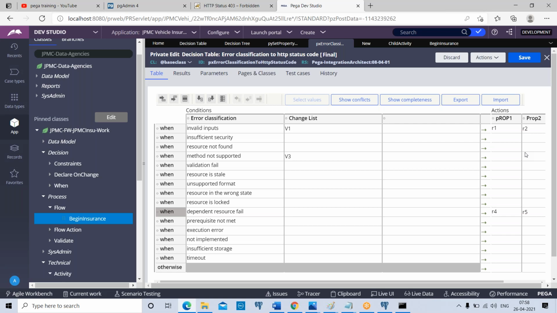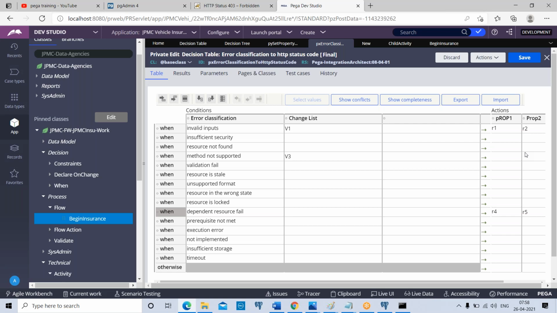And how do you restrict? We can restrict return results in a table or tree by using a property under the results tab or configuration tab, in the section of results, results defined by property, where you can use a property which has local list values. Apart from it, one more difference is a decision table can be used in a situation where you have a fixed set of properties for all conditions. A decision tree can be used in a situation where you want different sets of properties to be used for different conditions. Okay, this is another difference.